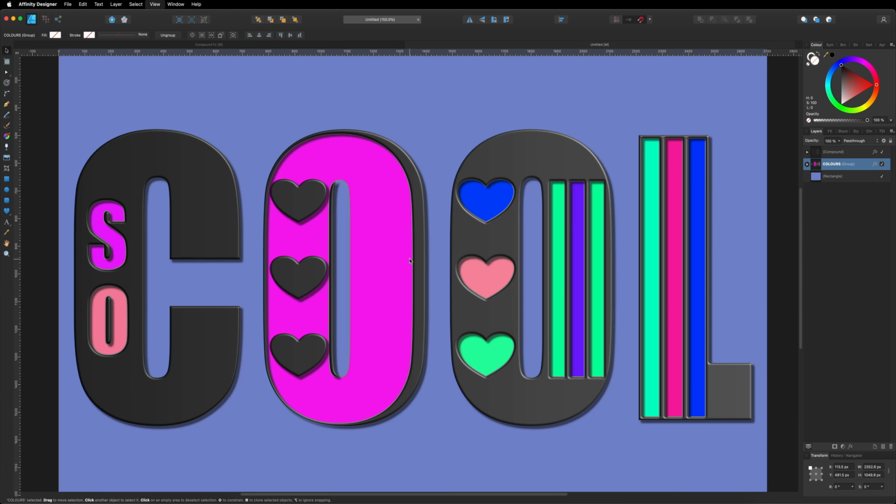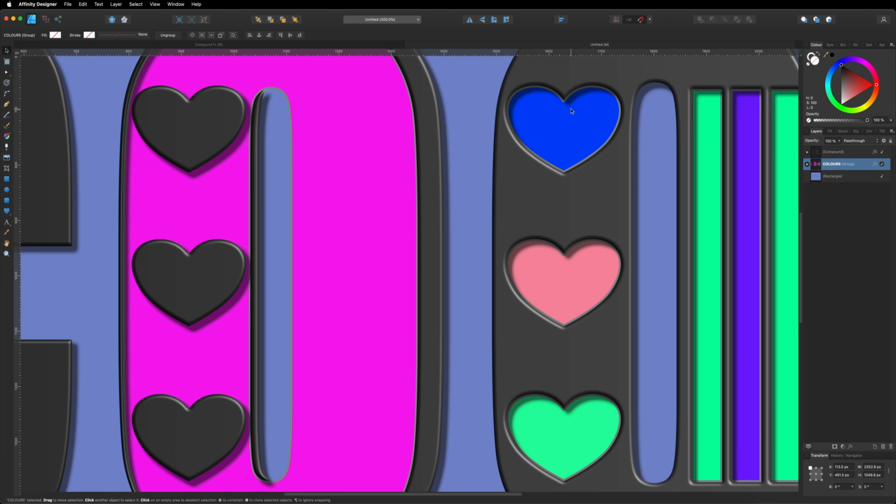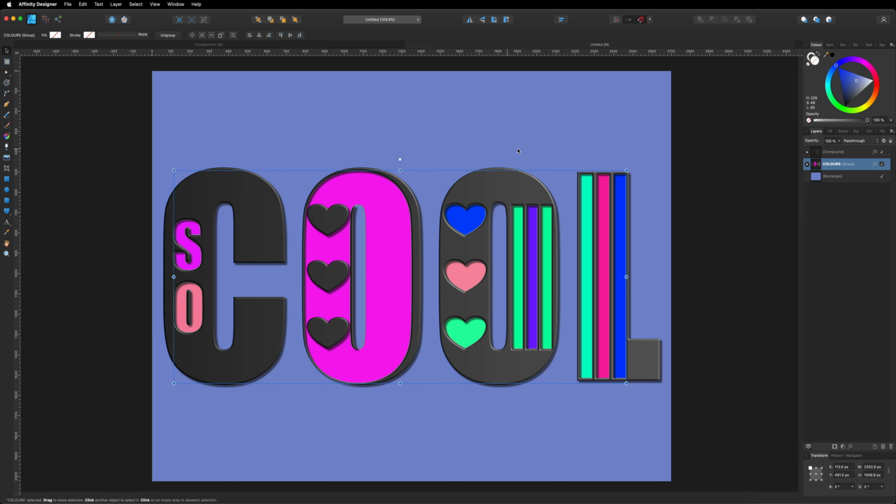And if I just zoom in real quick, we can now see the outline that we've got here around the heart. And that's just going to make it look a lot more realistic once we have the background image in there. So for now, I'll hit Command or Control 0 to fit to screen. And all we've got to do next is just create another copy of our colors folder right there. So with that selected, if we hit Command or Control C for copy and Command or Control V for paste,